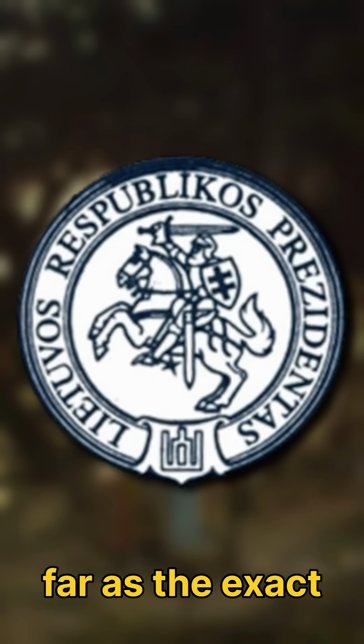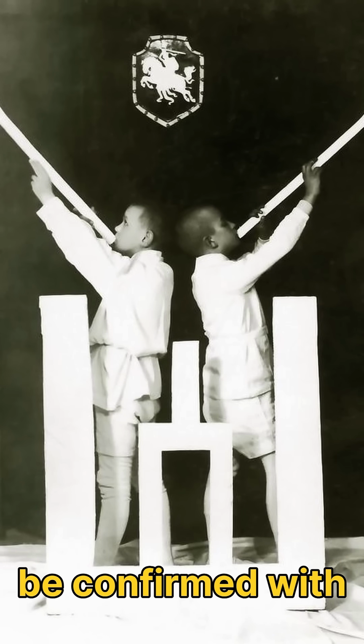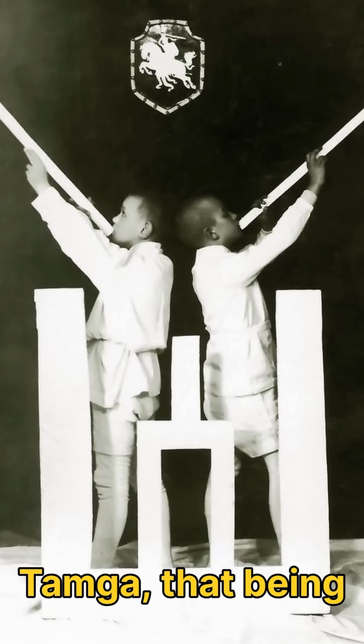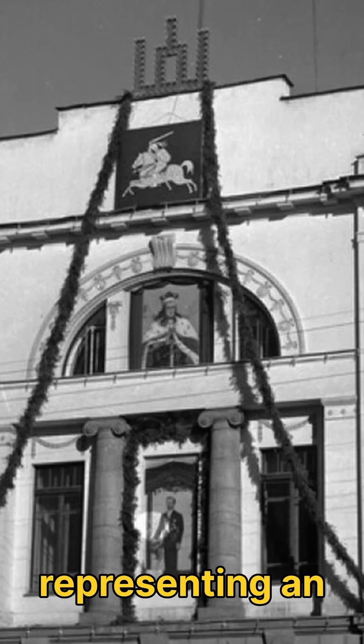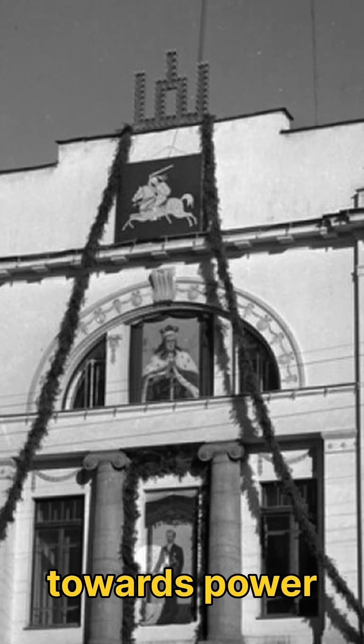As far as the exact meaning behind the design, it's something of a mystery, as no one single theory can be confirmed, with quite a few being suggested, ranging from the simple such as it being a form of tagma, that being a tribal mark used in steppe cultures to identify property, to representing an anchor, which could have symbolized stability and strength, to ones that lean more towards power and influence, such as it being a fortress or castle